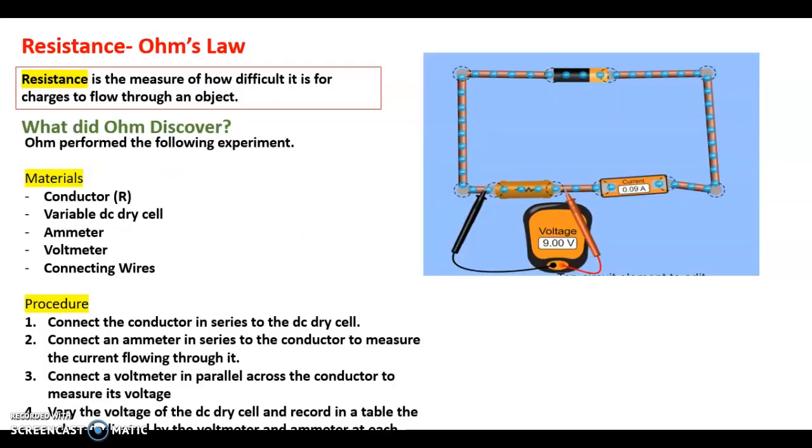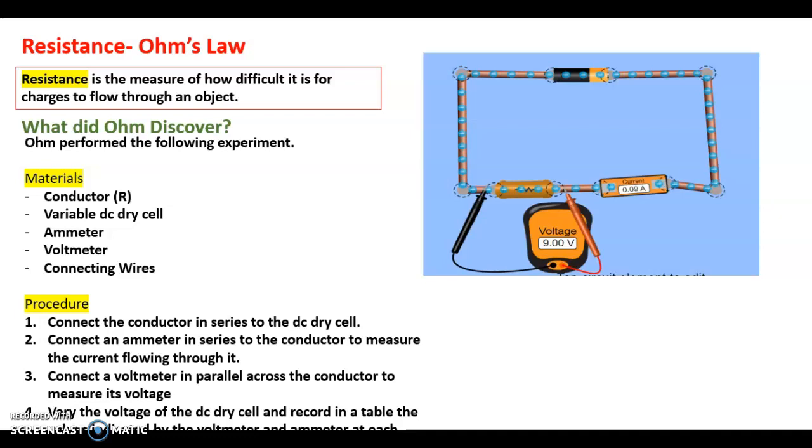Resistance, Ohm's law. Resistance is the measure of how difficult it is for charges to flow through an object. What did Ohm discover? Ohm performed the following experiment. The materials used for his experiment were a conductor R, variable DC dry cell, ammeter, voltmeter, connecting wires. The procedure is as